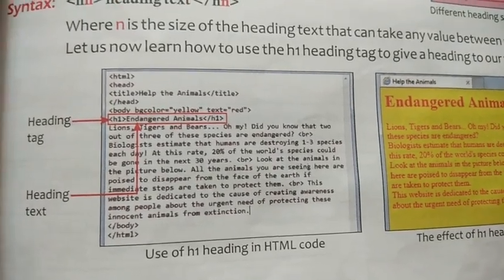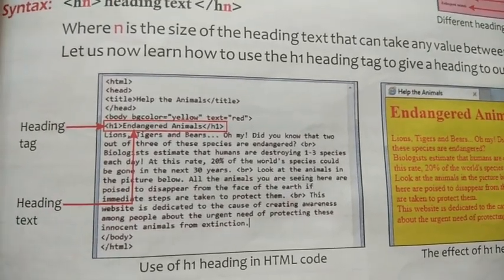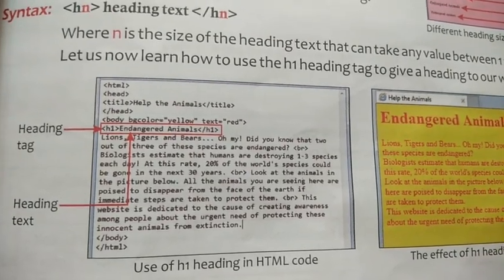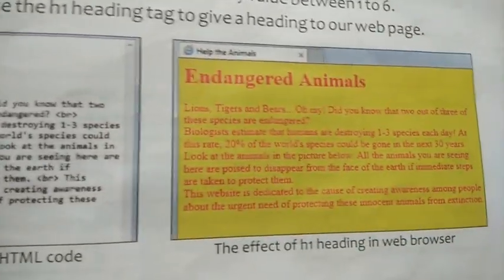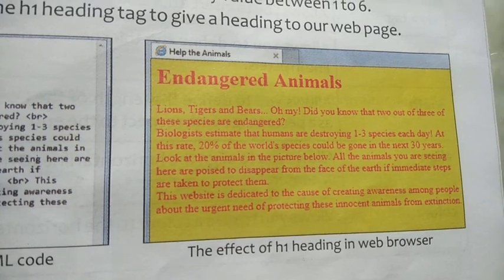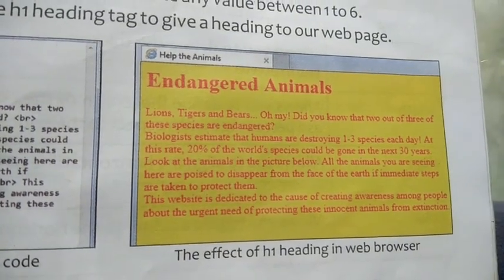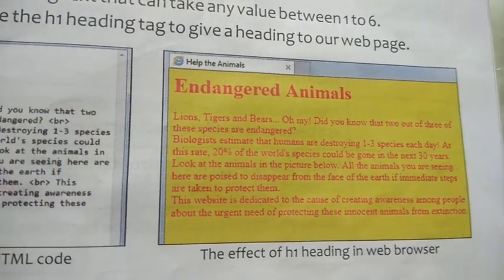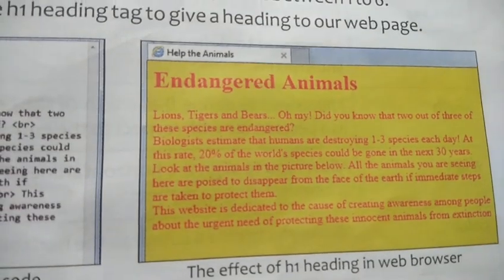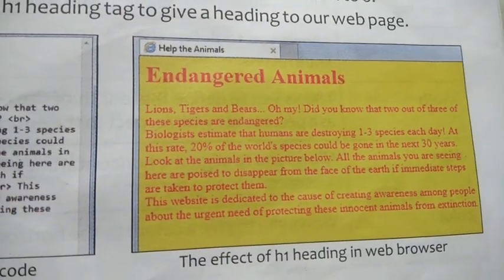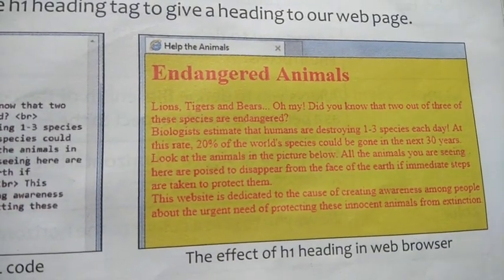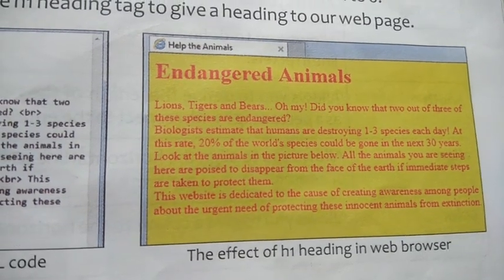So last, close the body tag, then close the HTML tag. So see properly, after converting in the web browser, you can see the effect of the H1 heading in the web browser. So do practice the same HTML code in notepad and convert it in the web browser.